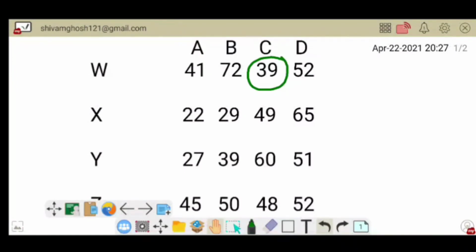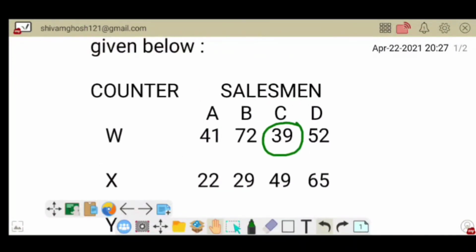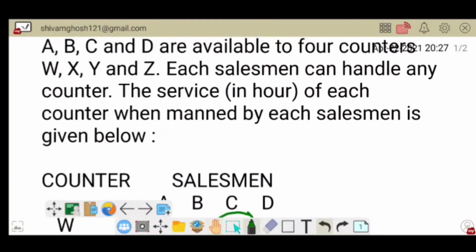So for counter number W we will recruit salesman C, and the salesman C will take time to cover all the job from counter number W, that is 39 hours. Here it's given the service in hours of each counter.